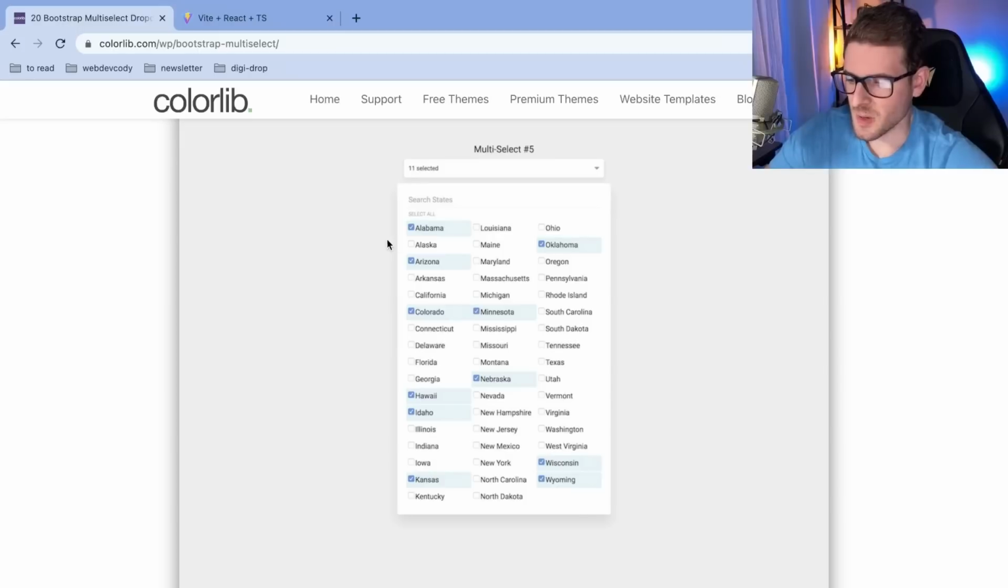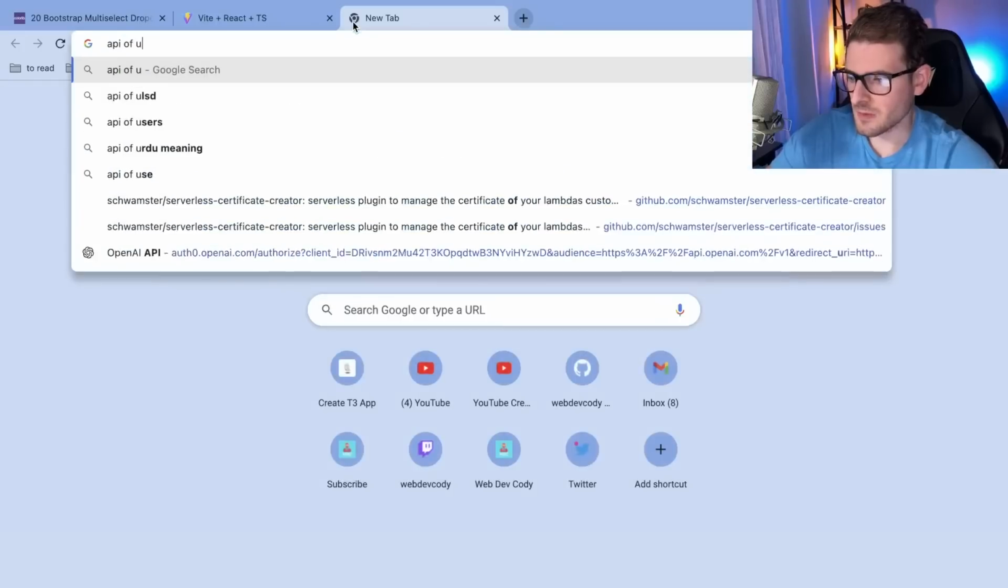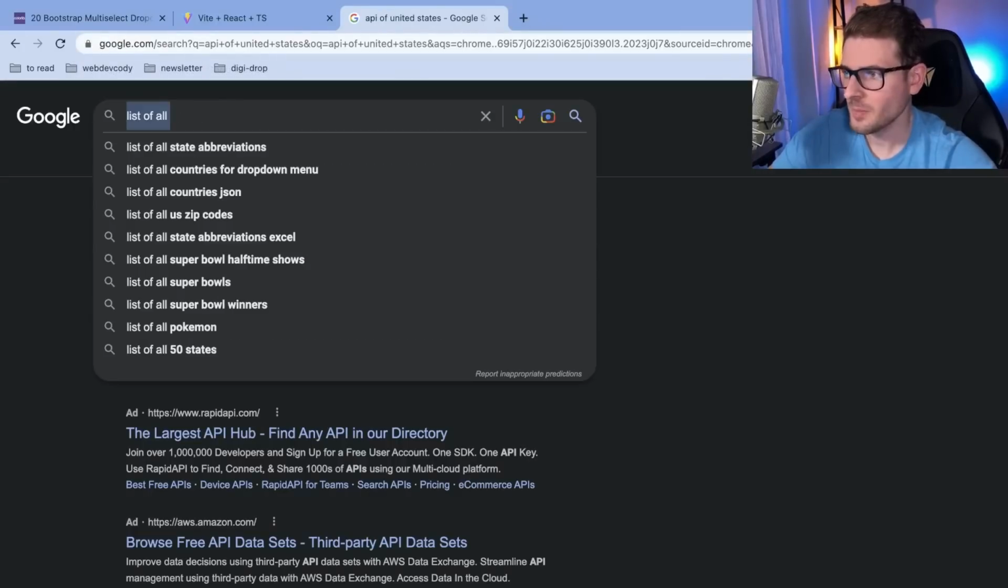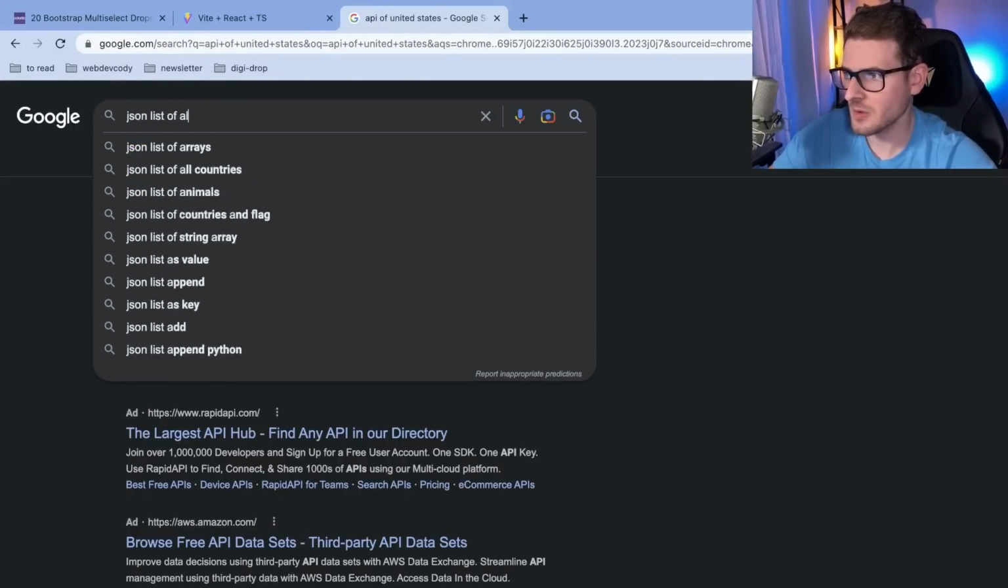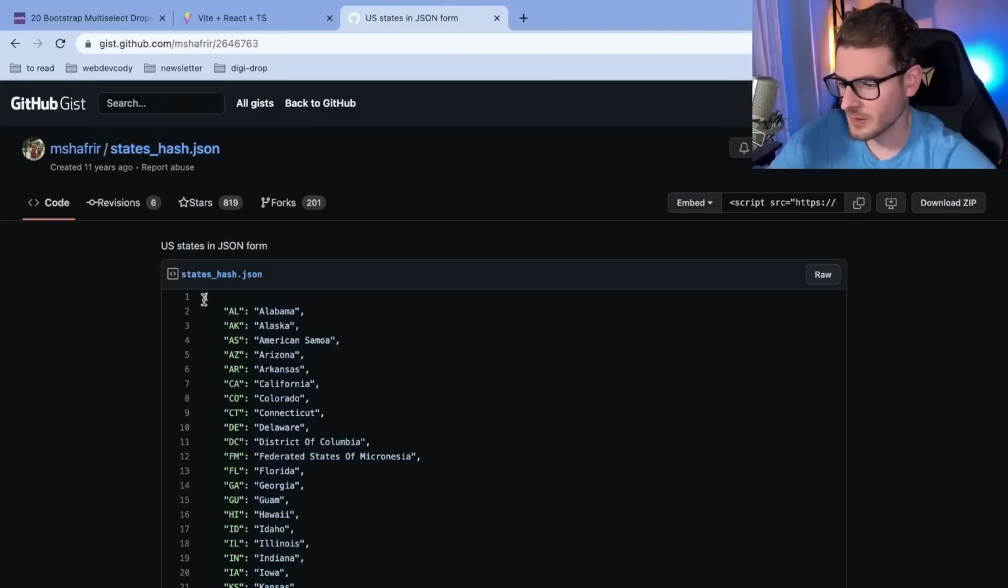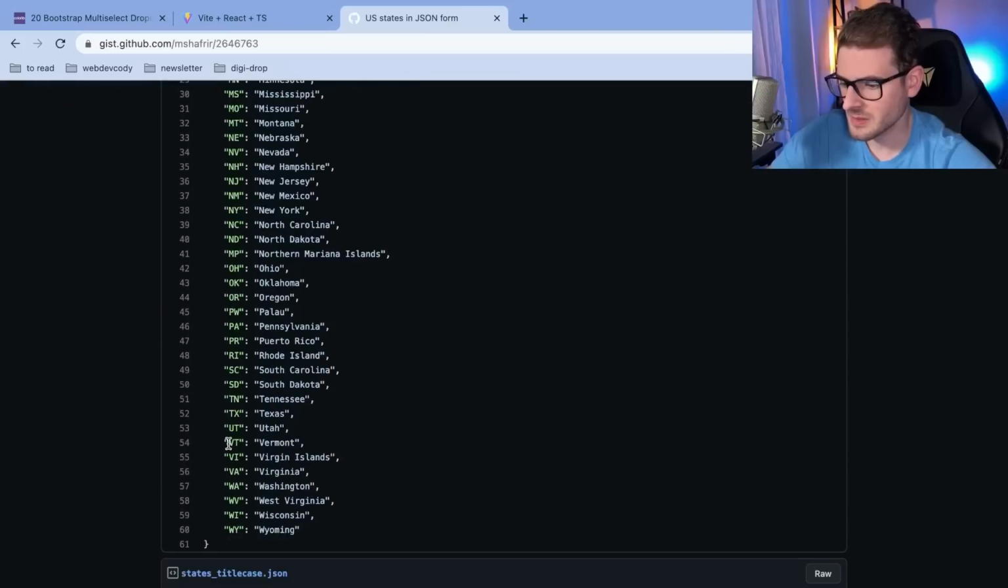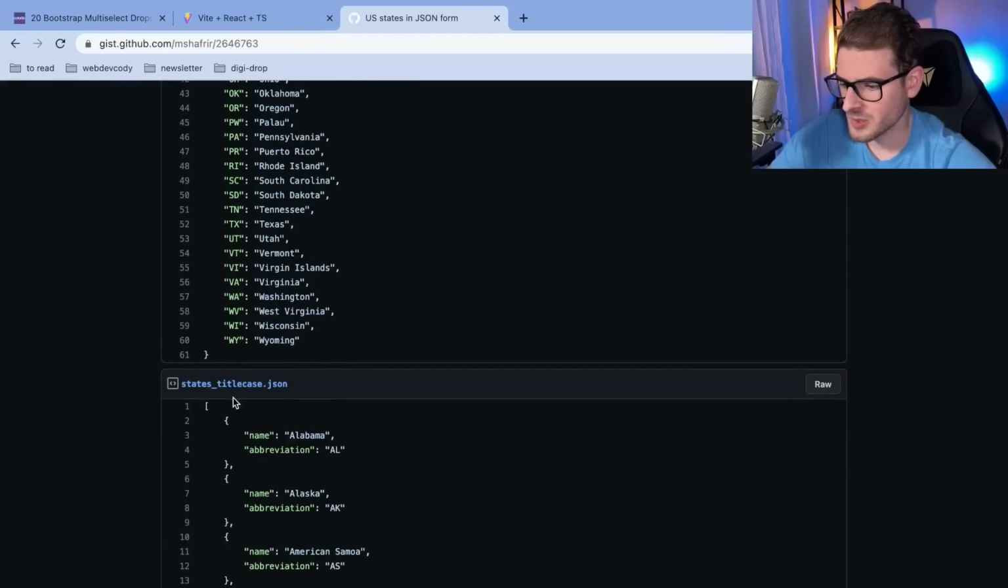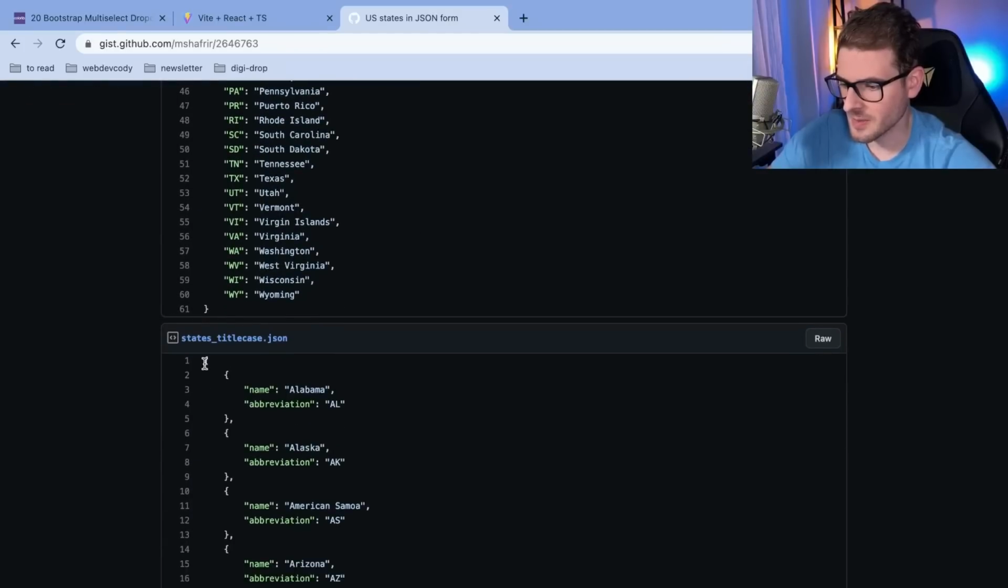Anyway, let's just go ahead and see, can we fetch this information from an API, or can we get a hard-coded list of all the states that exist in the United States? So first of all, let's see if there's an API of United States. I'm going to say JSON list of all United States. Let's do that, and let's see if there's a nice JSON format of this. Looks like we have this. We also have this state title case. Maybe we could just grab this thing